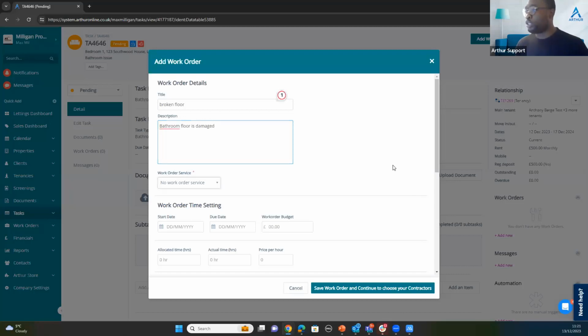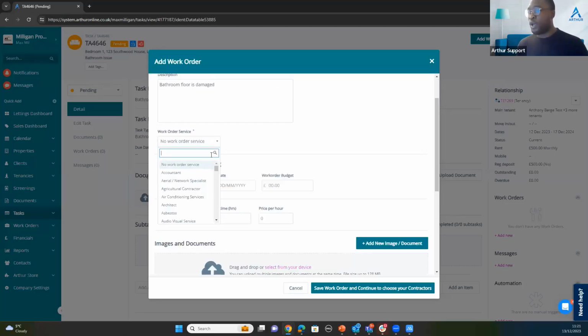And with the work order service, all you need to do here is select a service. This could be whether you need a maintenance person, someone from the plumbing sector, or say you needed an accountant, or even an architect, who can be added as a work order service. In this case, let's say we need a general maintenance person to come in and fix the floor of